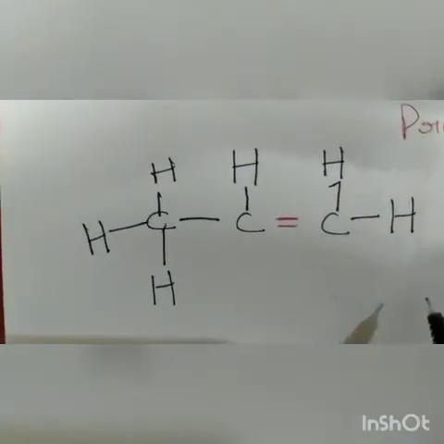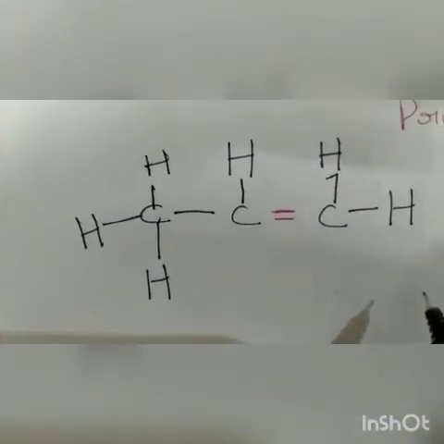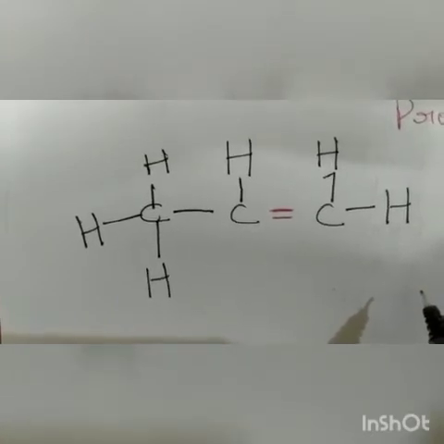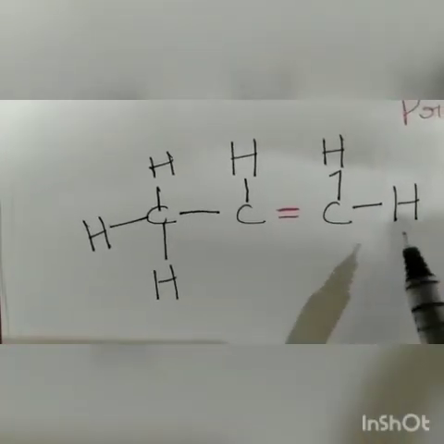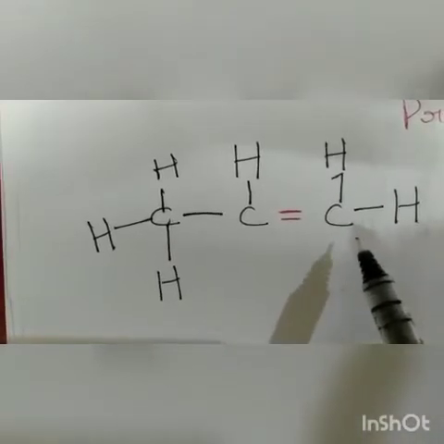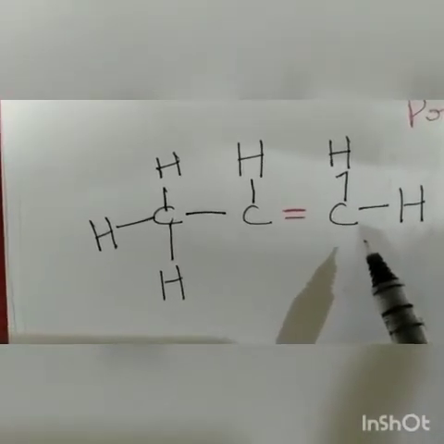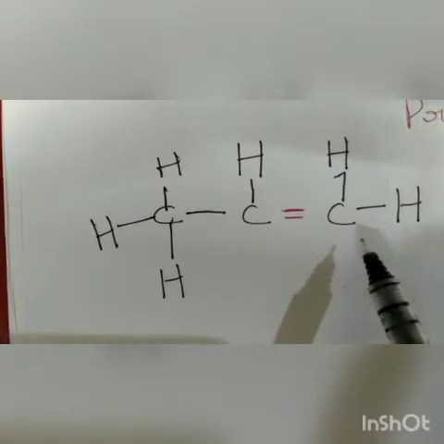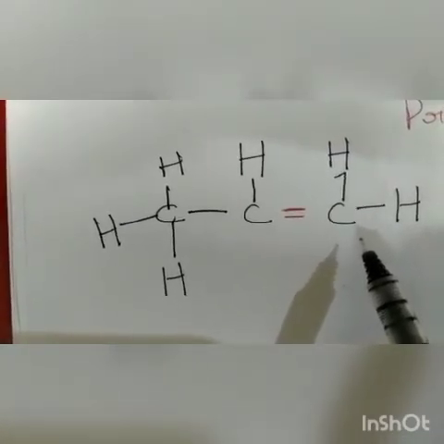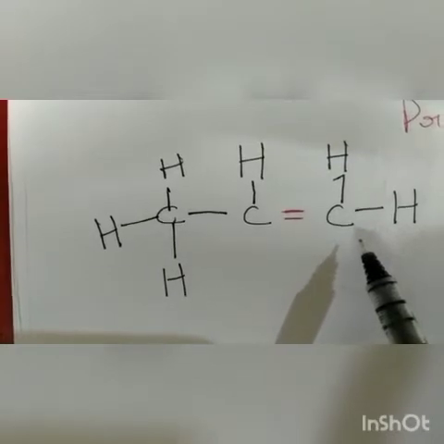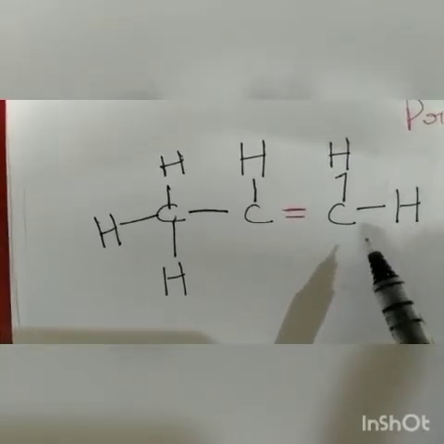You have to remember that there are 4 valence electrons, and the valency has to be satisfied, meaning there should be 8 electrons in the last shell, and we call this the structural formula. And after seeing the structural formula, you can also draw the electron dot structure, in which you show how the electrons are shared, which we have already done before. You have already drawn the electron dot structure of many compounds.